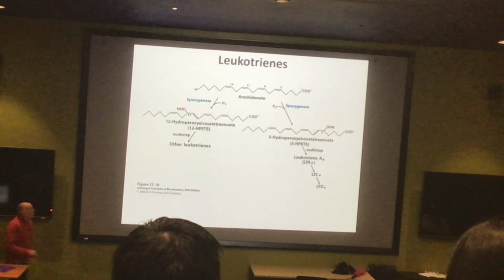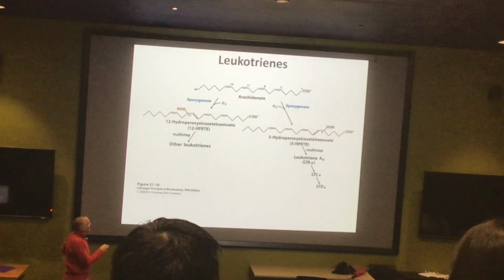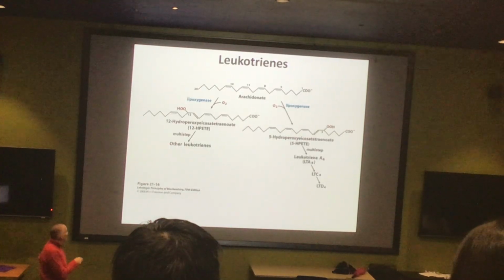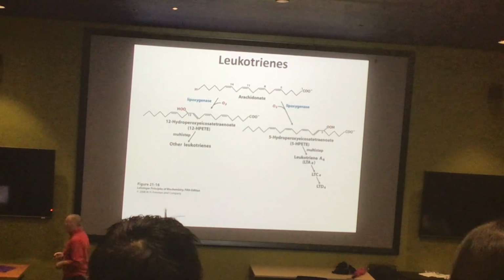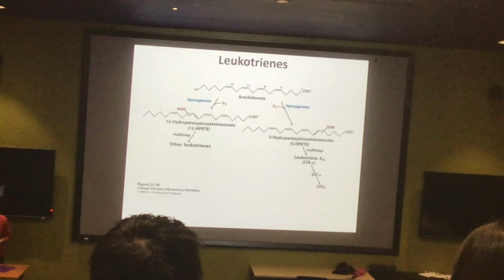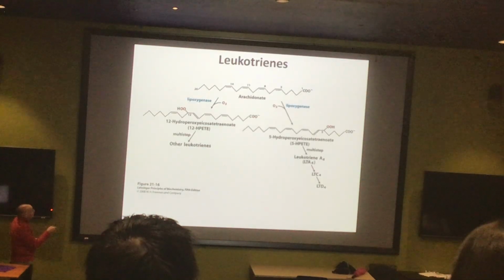Here are the leukotrienes. Again, starting with the same parental substrate, the omega-6 arachidonic acid, right? Here's what the lipoxygenases do. They generate these peroxide species, which are all called leukotriene molecules. These also promote inflammation. You'll notice the difference. They do not involve ring structures. In this case, both oxygens are present in the same part of the molecule.